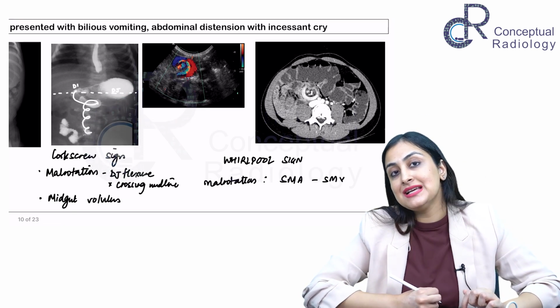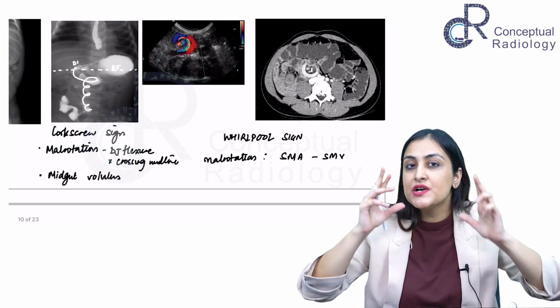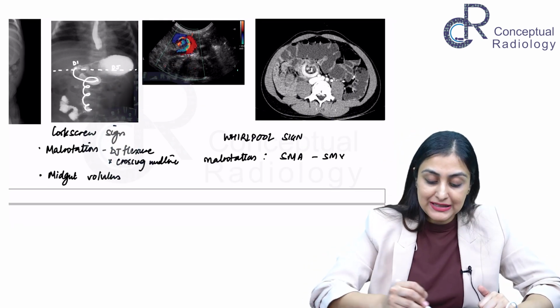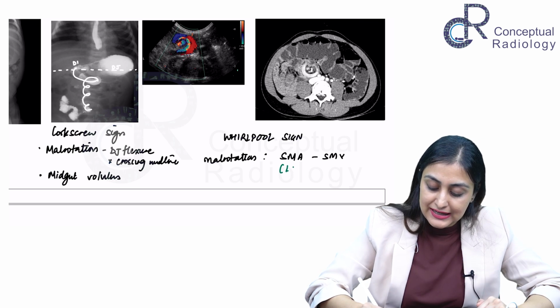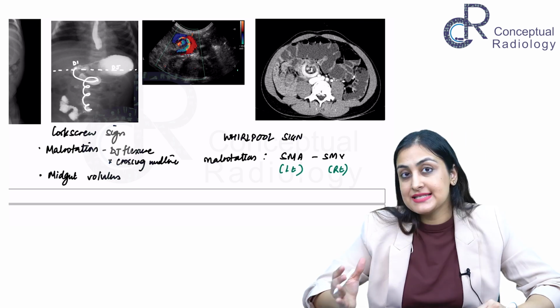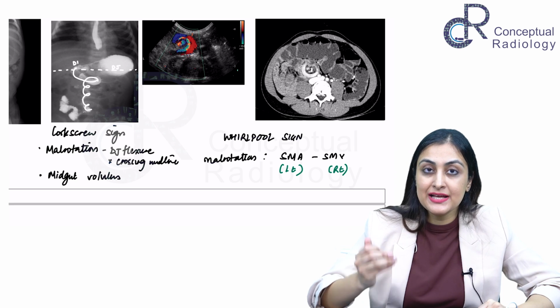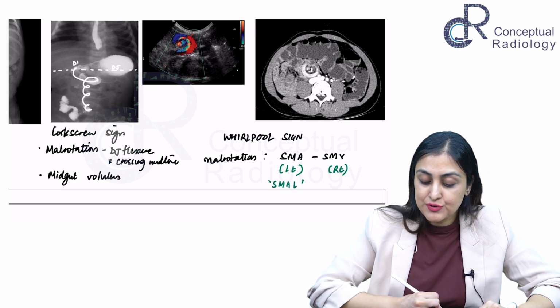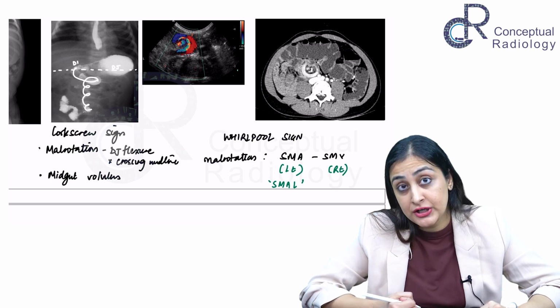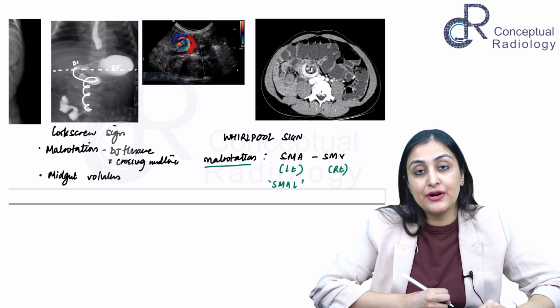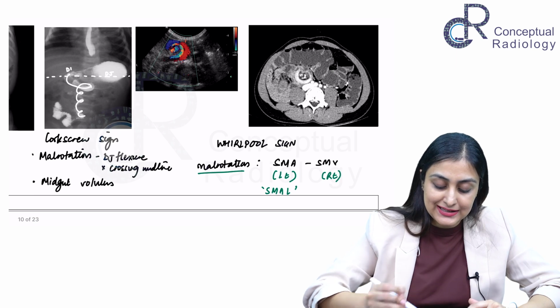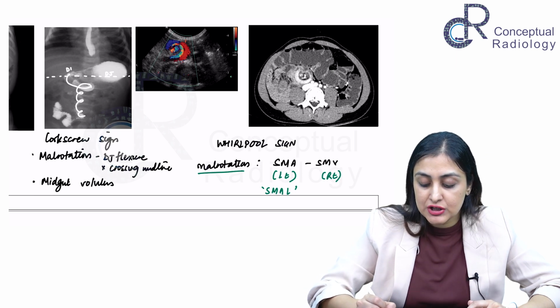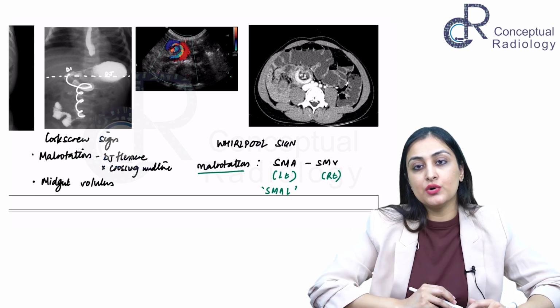Normally, where does the SMA lie? So you want to remember SMALL here. Normally, SMA lies to the left of SMV. SMV is on the right, SMA is on the left. So you can remember a trick, SMALL. If you see that this relationship is altered, this is a sign of malrotation. So this is one, and then when you have volvulus, you're going to start seeing this round and round whirlpooling